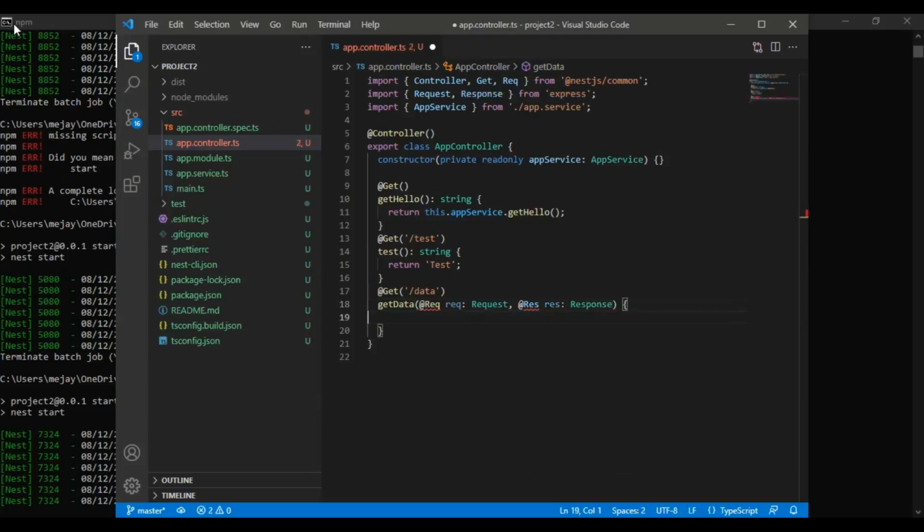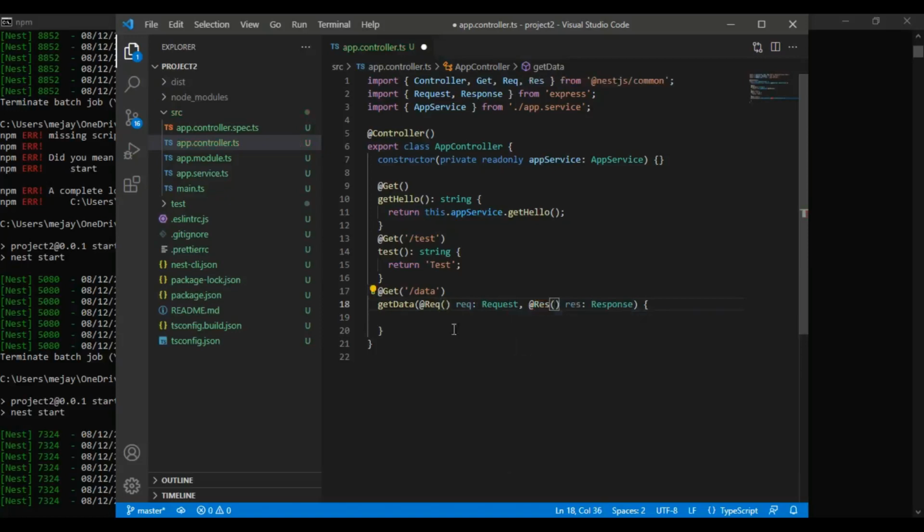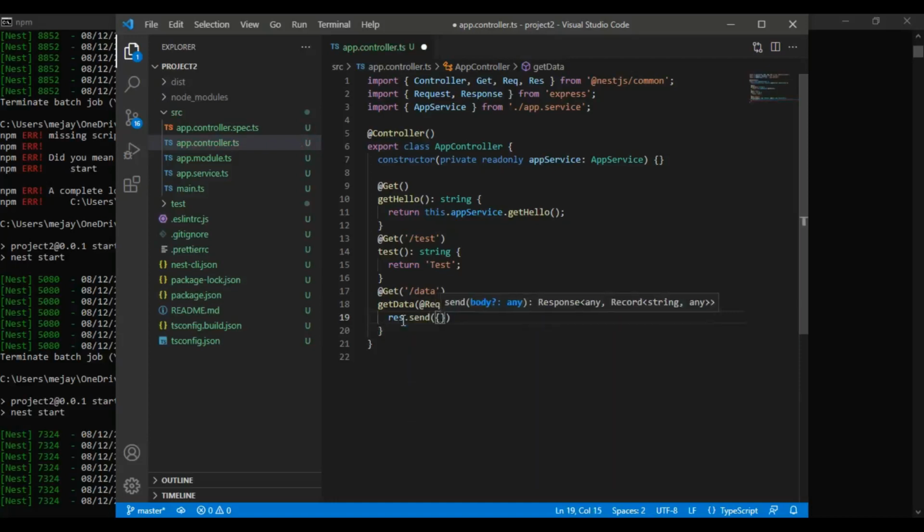So this will be a type. We need to call this first, and then it will return an instance which we can create. So you can see from Nest.js common we imported this Request and Response, and we are assigning that request type and response type from Express. So similarly we can use here data colon best.